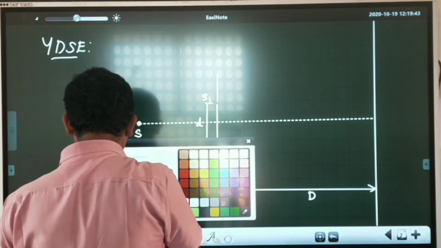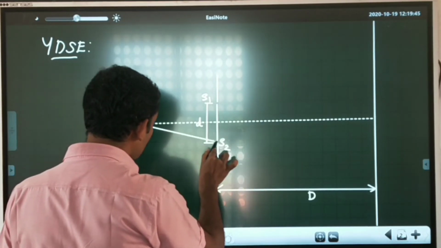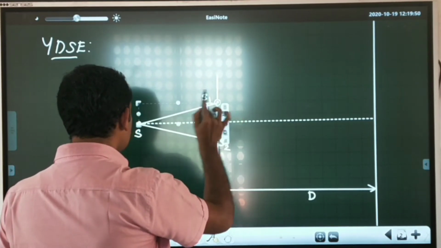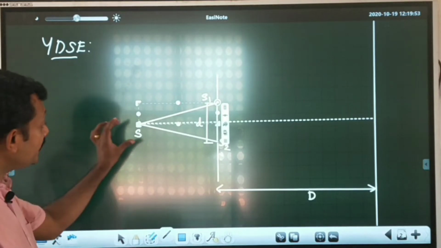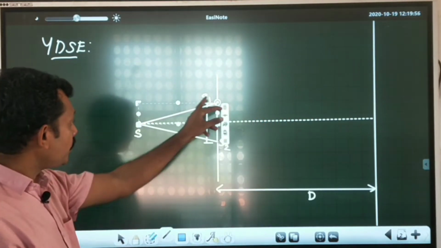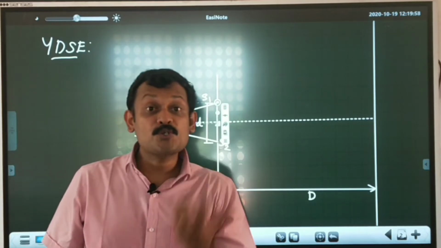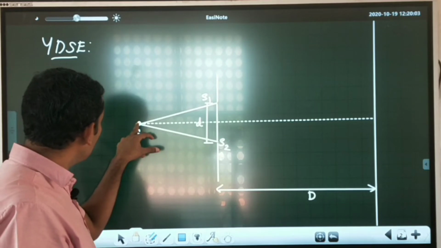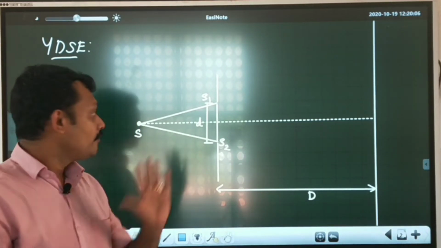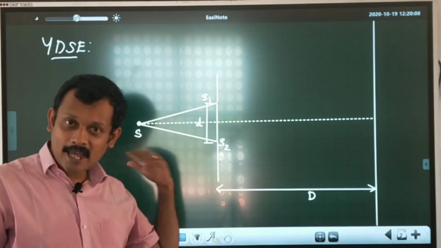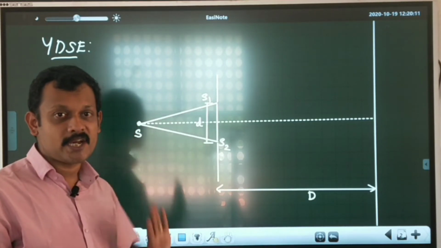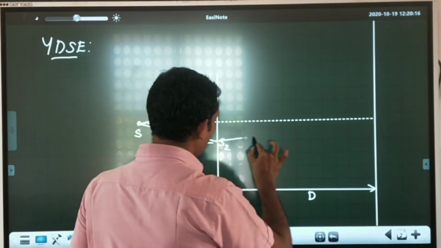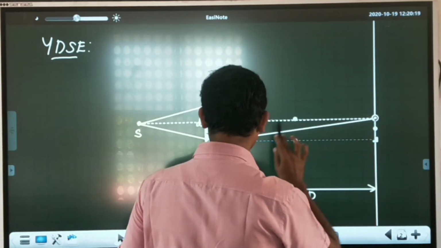Now he allowed the light to be incident from the source. So we are not using two different sources. It is the same source from which we derive two light sources. So here S1 and S2 act as two sources of light, but actually the light at S1 and S2 is got from the same source, so they are not two independent sources. They are dependent because they are getting light from the same source, but they serve the purpose of coherent sources.